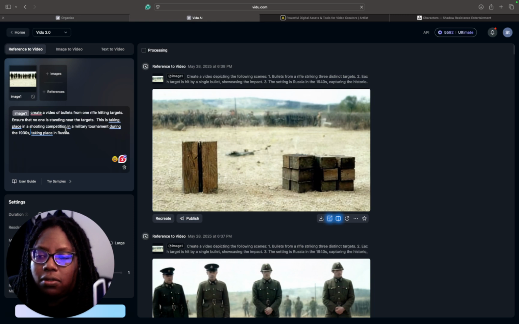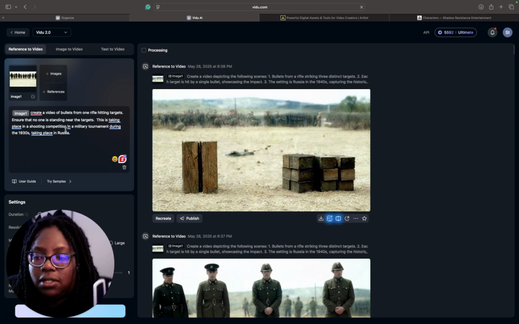And then you're also explaining what it is that you're wanting this AI generator to do, which goes hand in hand with the action, create a video of bullets, etc. And you also have to add context to what's going on, and that will better help the AI generator to generate what it thinks you want.